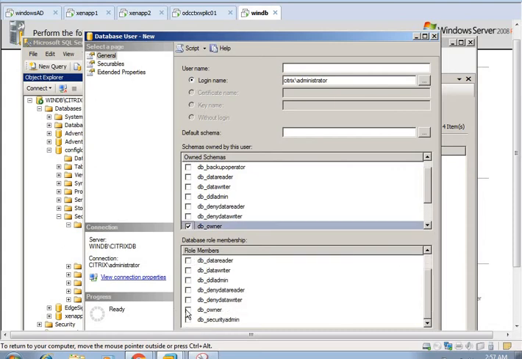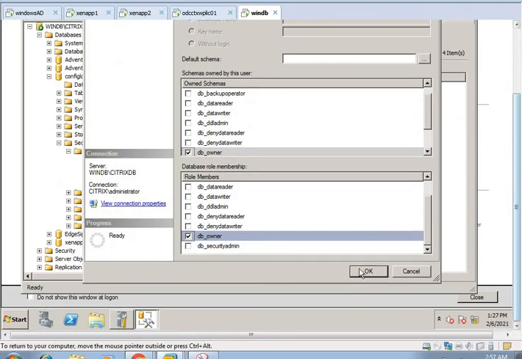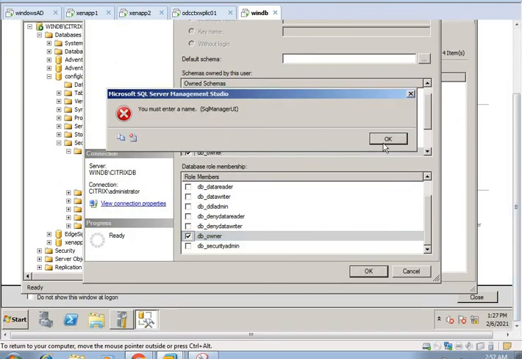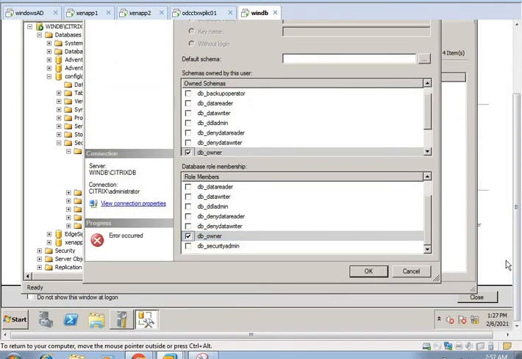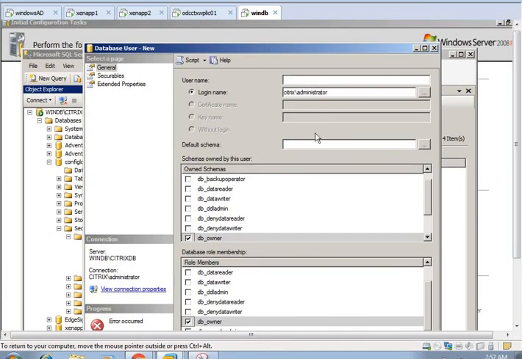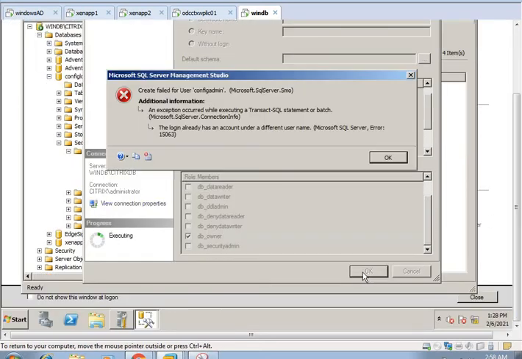Database role membership is also the DB owner. It says I must enter a name. It's the config admin, and then okay.